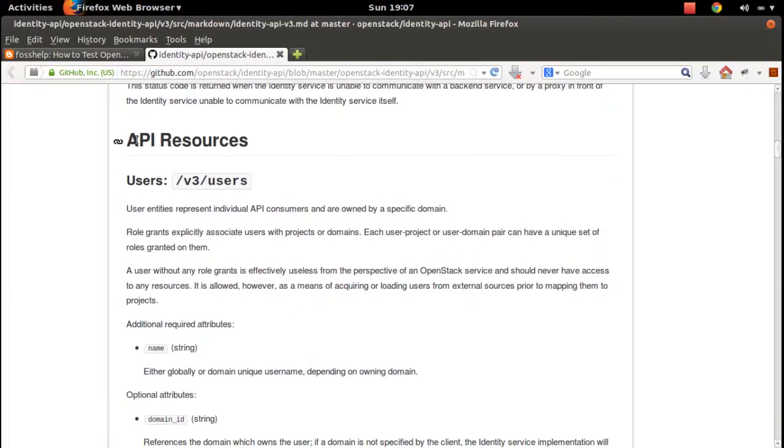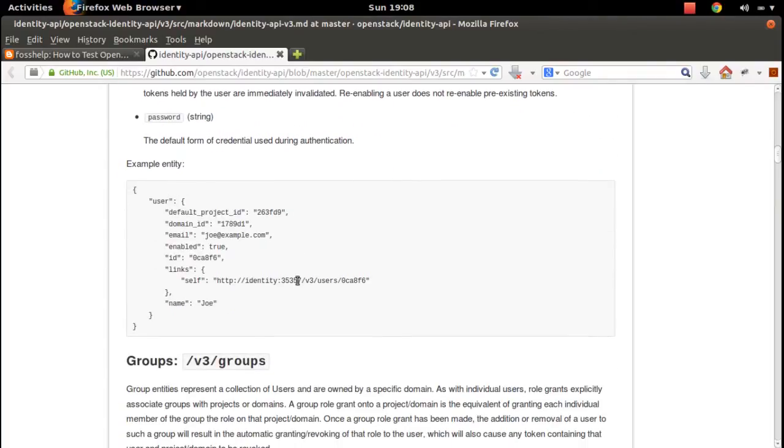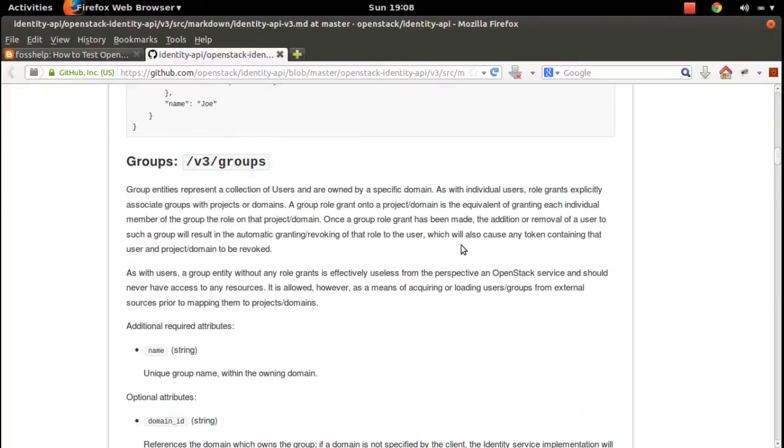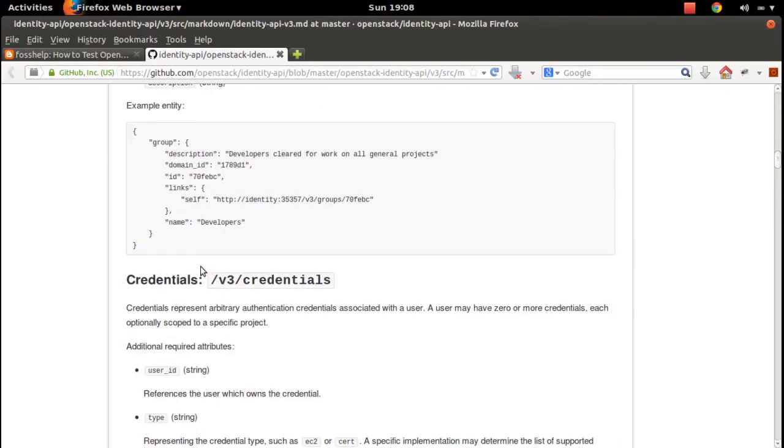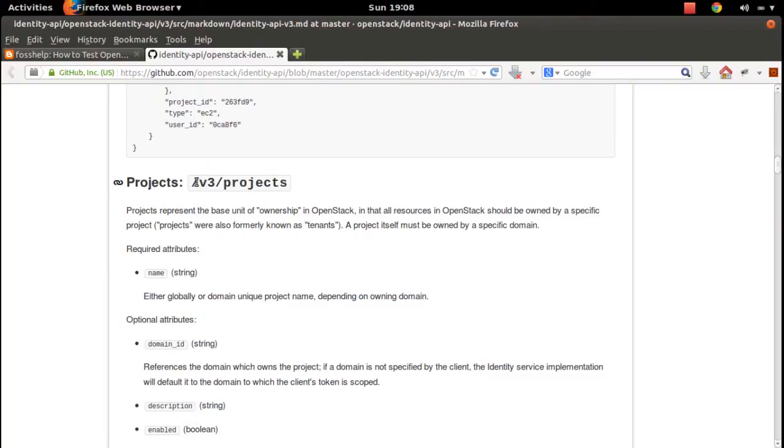Then API resources usage. So if you go to this URL, you can see, if you make a GET request to that URL, you can see all users. If you make a GET request to this URL, you can see all groups. Similarly, you can see all credentials. You can make GET, POST, PUT and HEAD requests to all these URLs, projects,